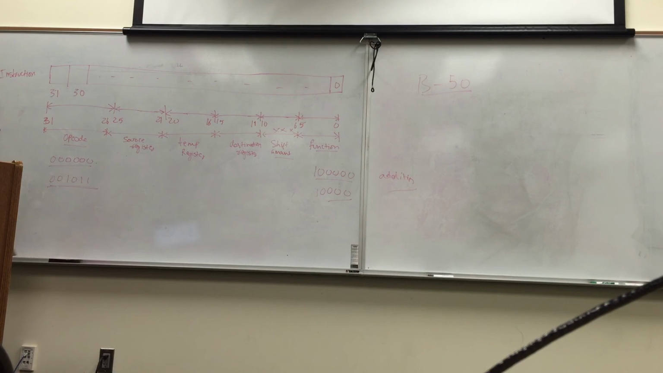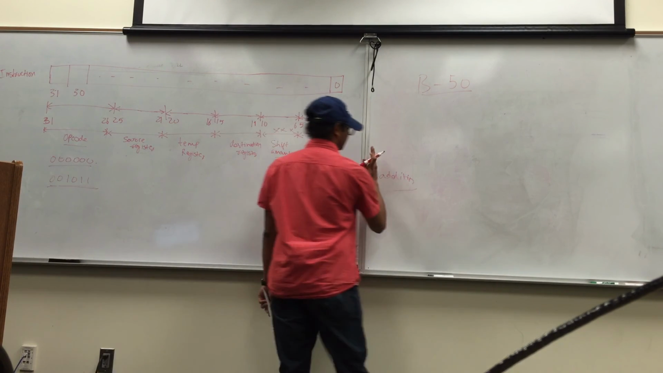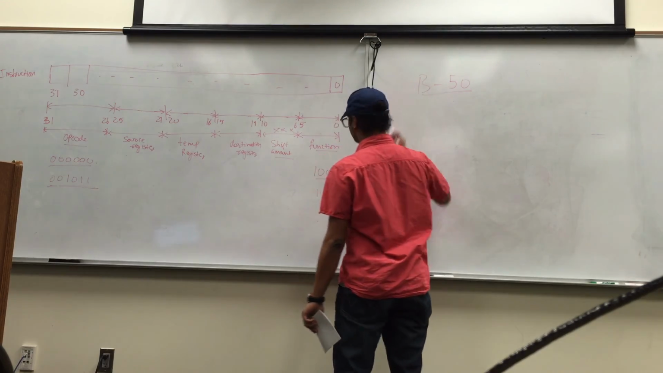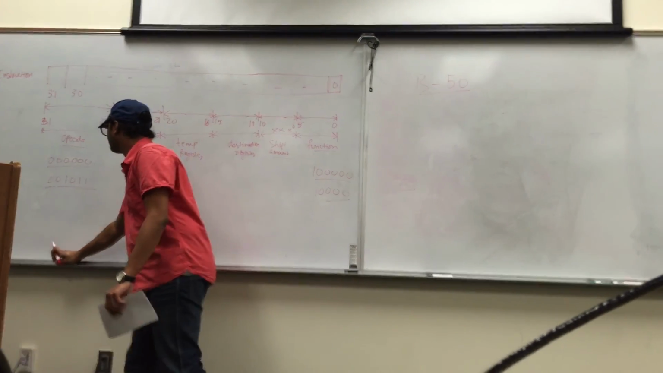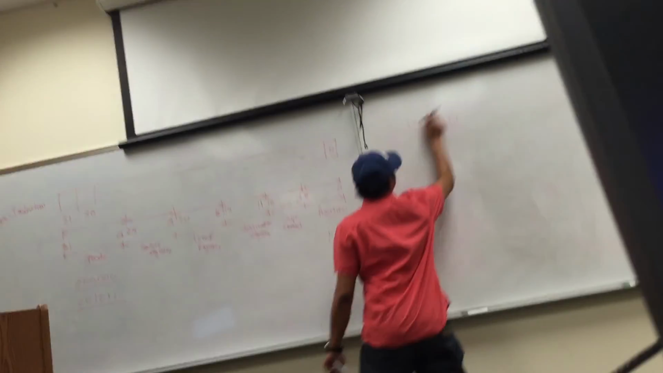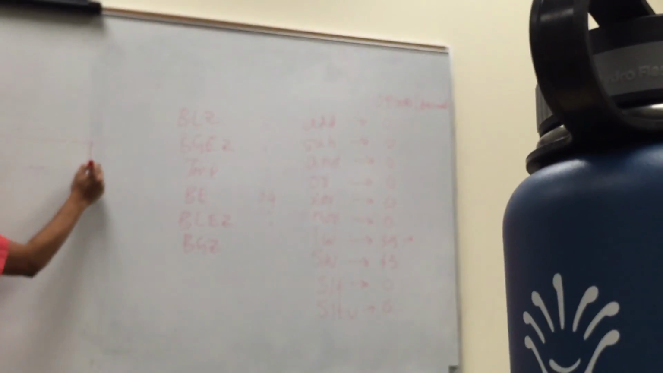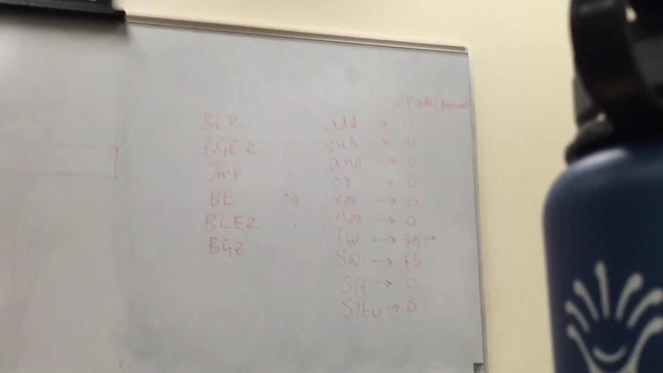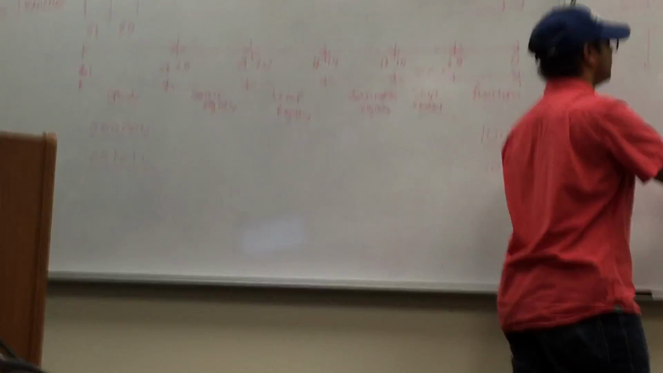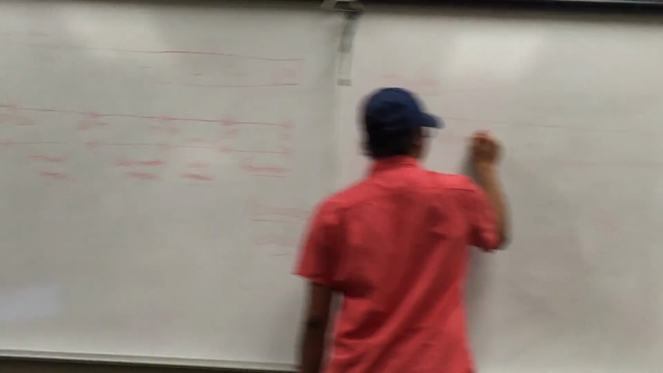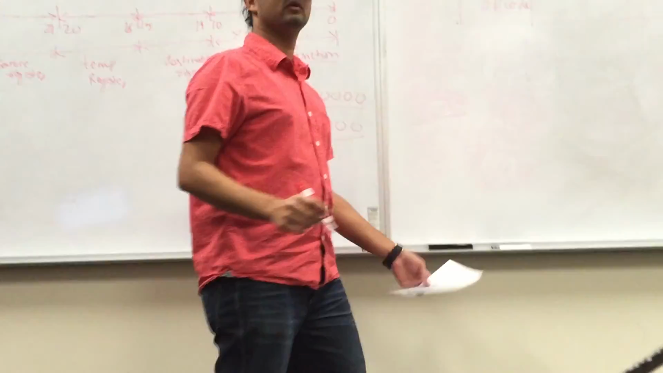Okay, so this is for R-type instructions. So what are I-type instructions? How do they look? Immediate type instructions, so they have opcode, okay, so they have